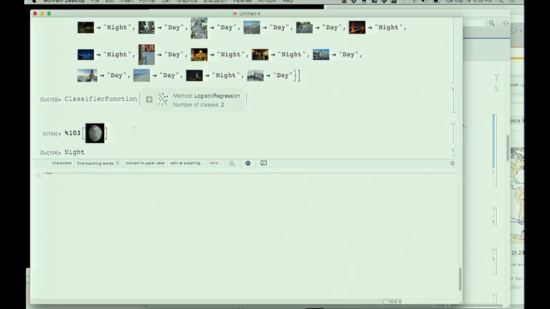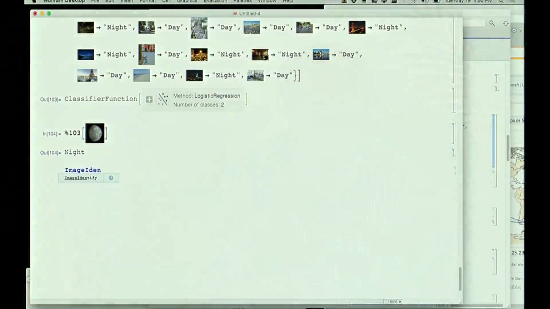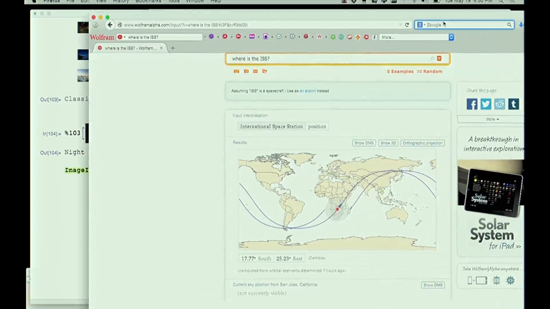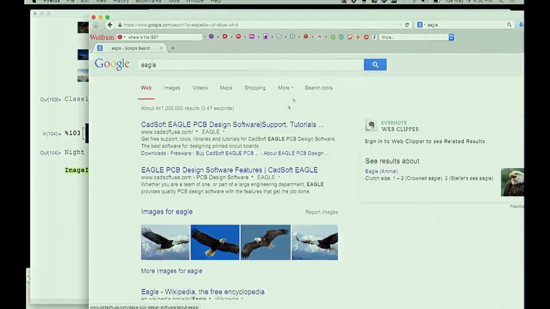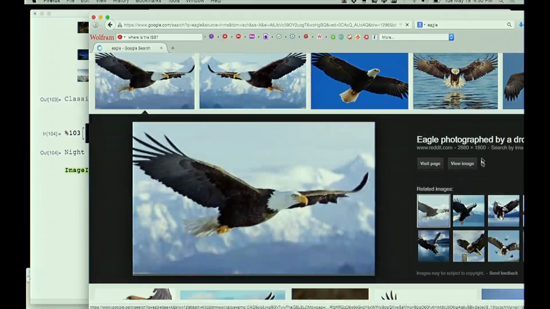So it's been interesting to see to what extent we can successfully automate this process, and this is a typical example of one of these meta-algorithm kinds of things. We did something recently: we made a little image identifier, well, not so little actually, that will take, let's pick a picture, let's try, get a picture of an eagle. Okay, some random.